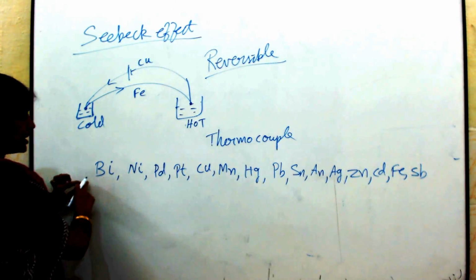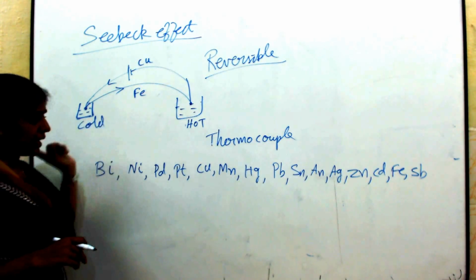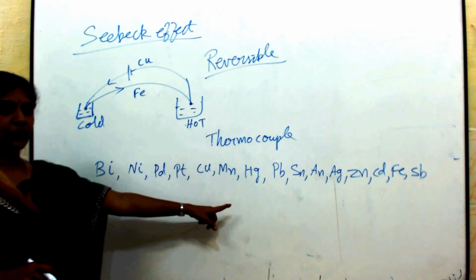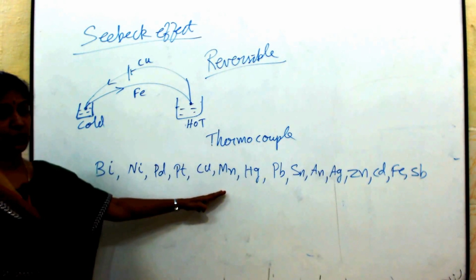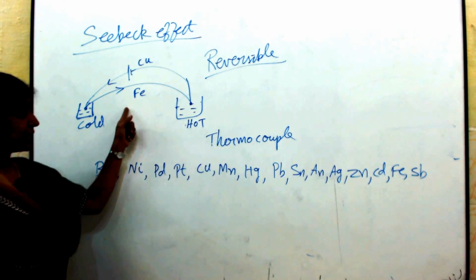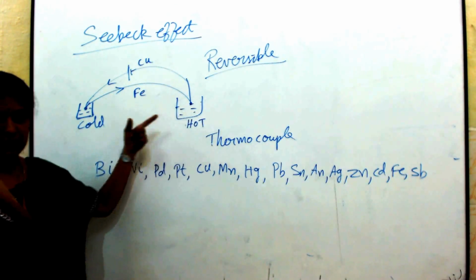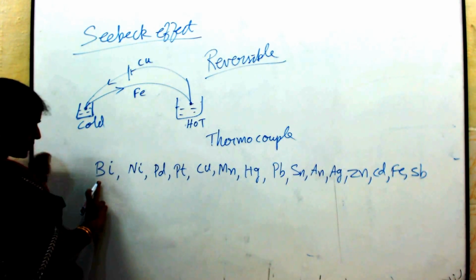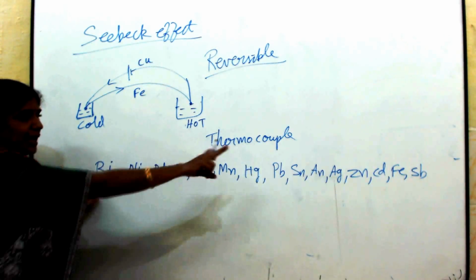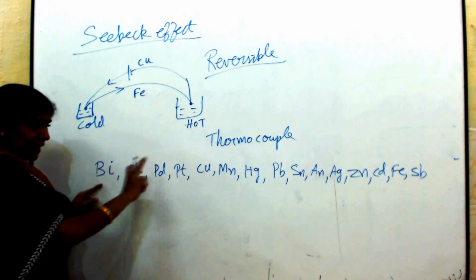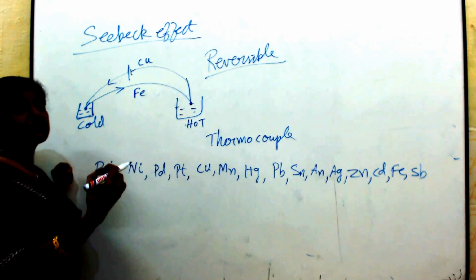See here, he formed a series by studying the properties of different pairs of metals, and he listed all the metals like this. This series we call the thermoelectric series. The position of the metals in this series depends upon the temperature. Here the thermo EMF formed in the thermocouple depends upon the pair of metals and the temperatures of the junctions used. If I select any two metals for forming a thermocouple, here bismuth and the last metal antimony, the EMF produced will be large.